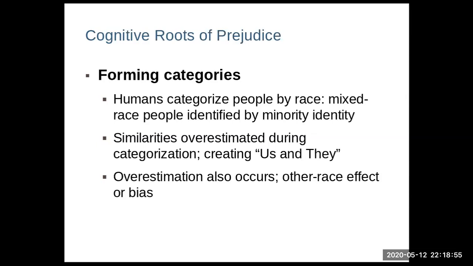So remember, if we combine this with the idea of the fundamental attribution error and things like that, we are overestimating people's similarities when we categorize them. We're basically not looking at specific features, we're just putting them into an us versus them situation. And in this case, we have an overestimation. A lot of times you may hear something like what we call the other race effect or bias. You may say that